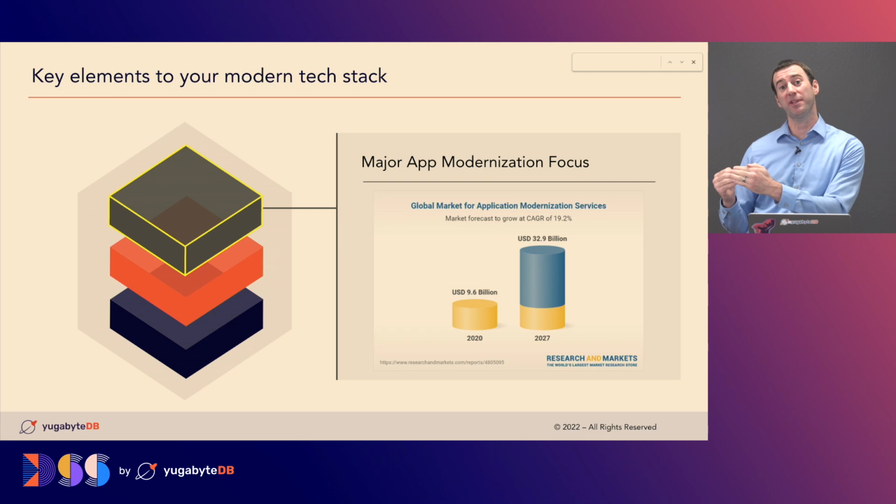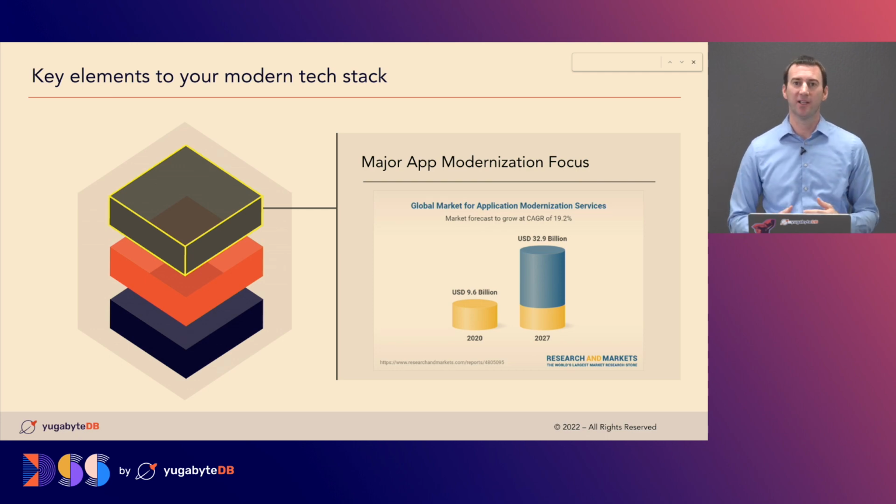If we jump to the top of the stack, this one's a little bit more recent, but there's no denying the fact that our application world has drastically changed in just the past 5 years or so. Kubernetes, microservices, new app frameworks are fundamentally changing how we develop applications, how we think about applications, and how we run our business. Another proof point on this is the data out there that shows the amount of money going to app modernization services. $10 billion in 2020. In a couple years, that'll triple to $30 billion plus.